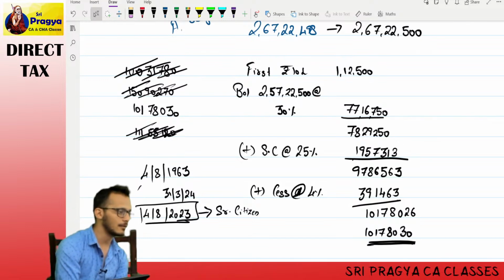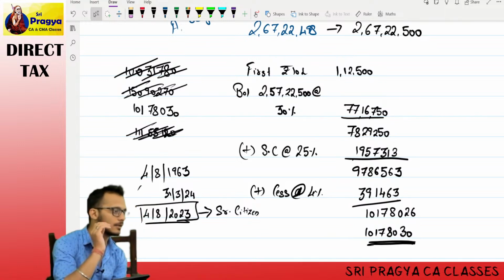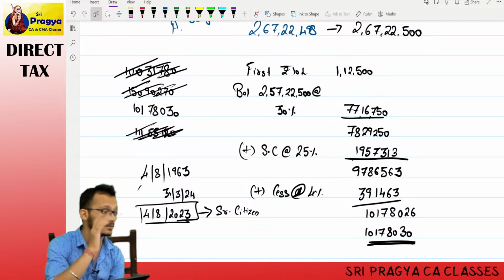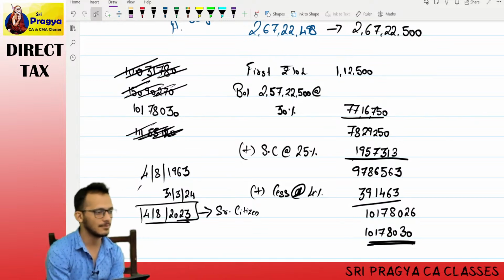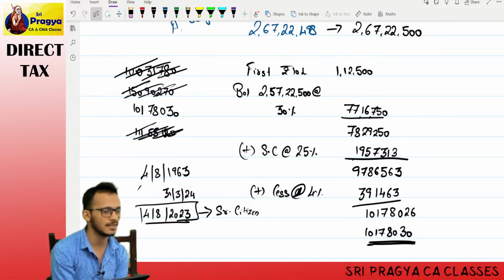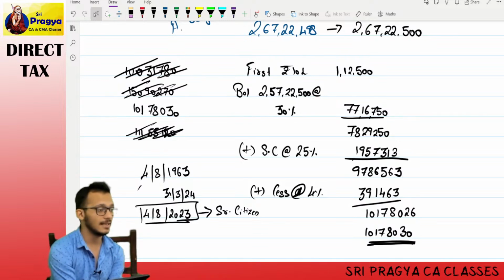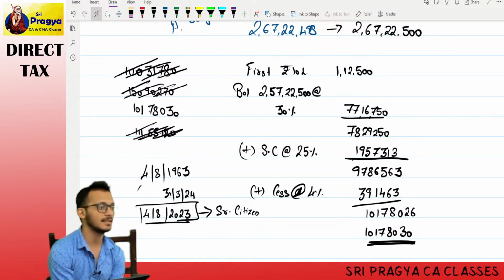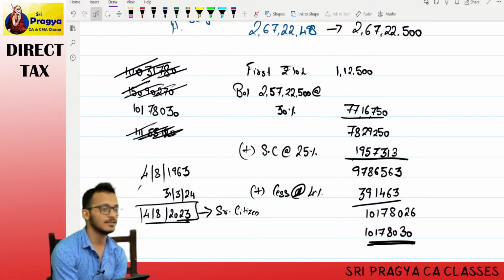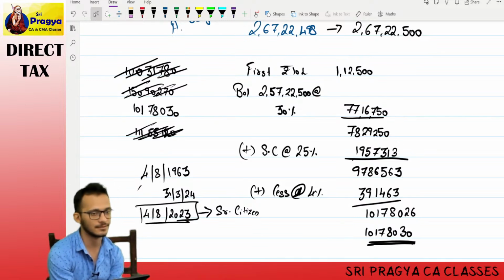See, if I have to give you a background, the background is like this. In age-old times, there was one tax, which is what we are doing right now. The slabs kept changing, rates kept changing. There was a time in the 1990s when the tax rate was 97%. I'm not joking, it was there. There was a time when income tax was collecting 97% of your income as tax.